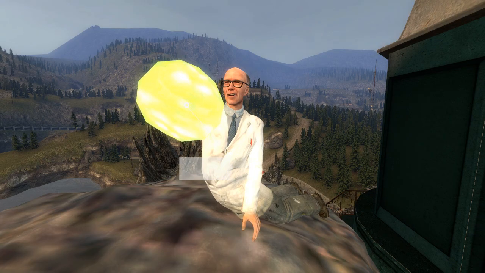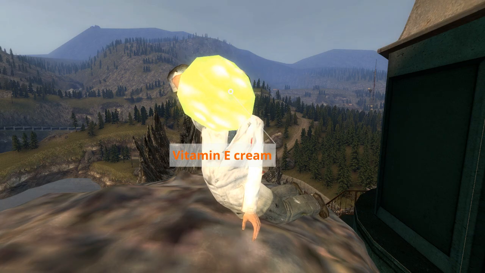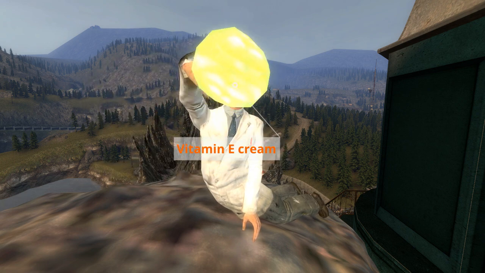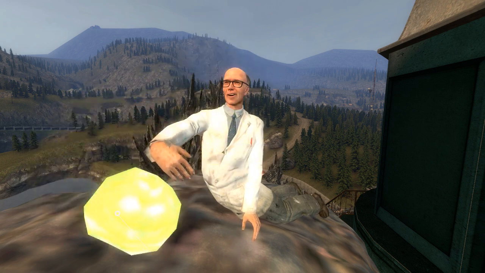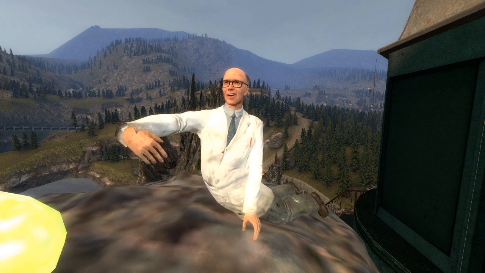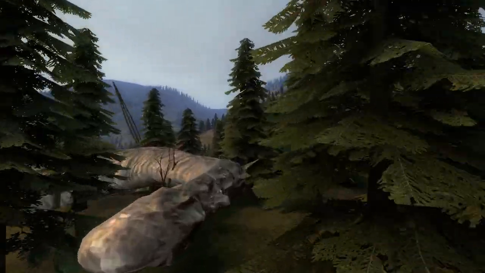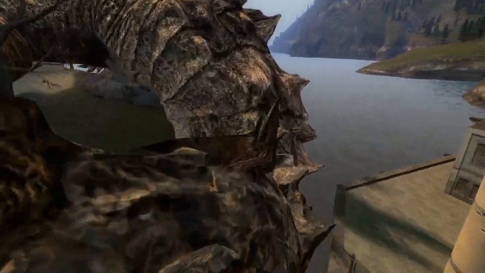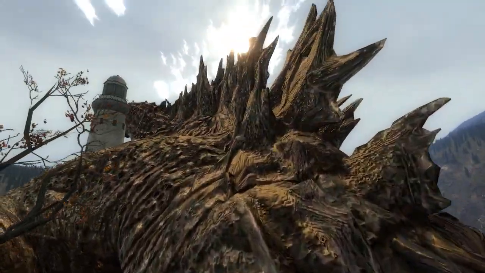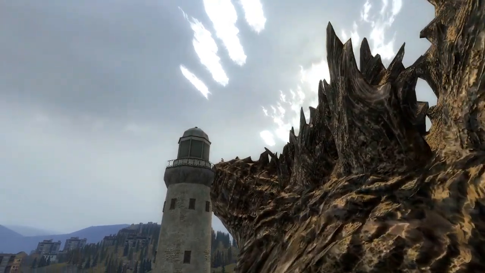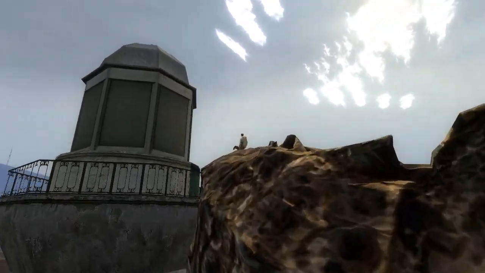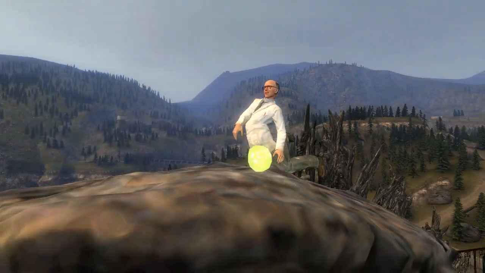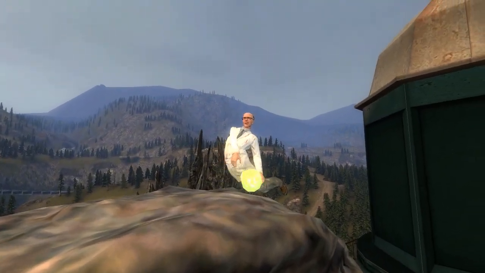Vitamin E cream is part of Dr. Atkinson's daily routine. So what are the advantages of using this on your skin? Well, the atmosphere contains radicals. Radicals are atoms, molecules, or ions that contain a lone electron. Now, lone electrons are very active. Electrons like to be in pairs. So this lone electron is looking for another electron to react with. So instead of it reacting with your skin, it will react with the vitamin E in the vitamin E cream